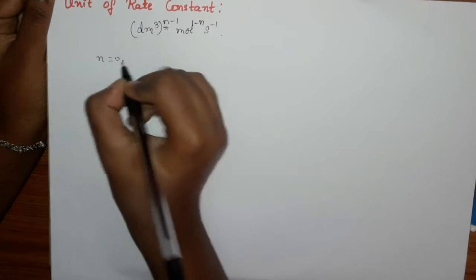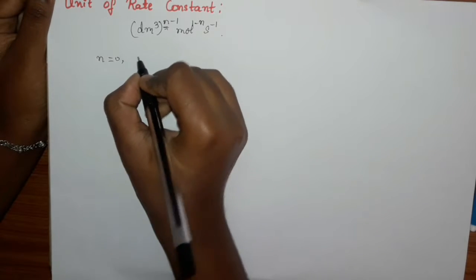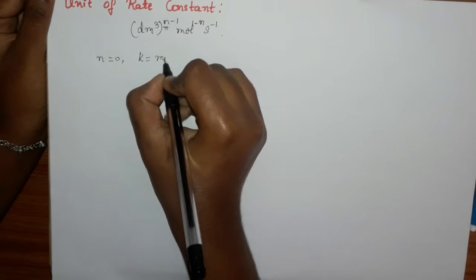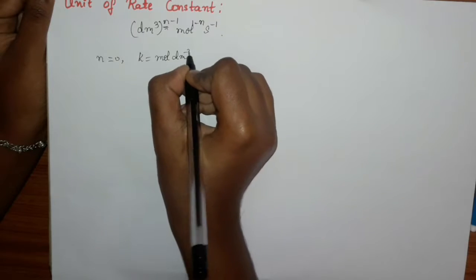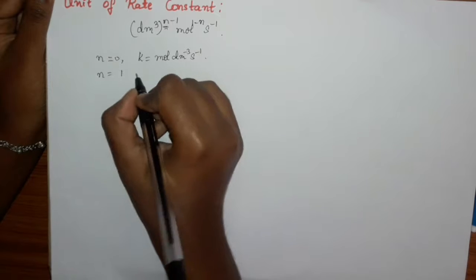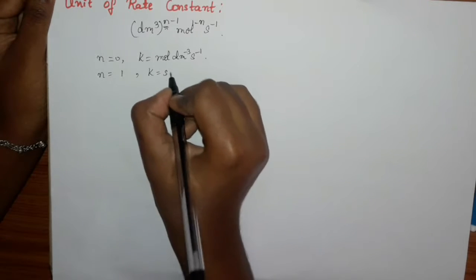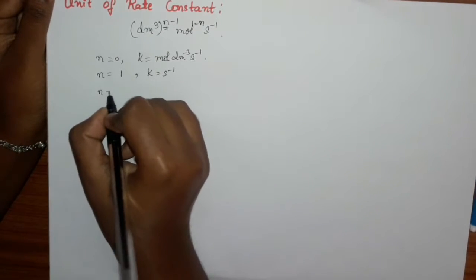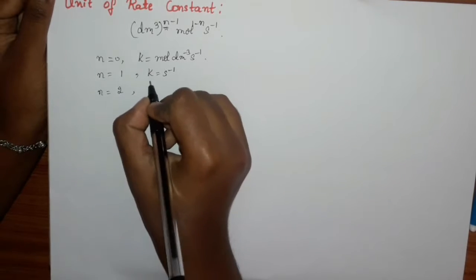For zero order reaction, the unit of rate constant is mol per dm^3 per second, and for first order reaction it will be s^-1, and for second order reaction it will be